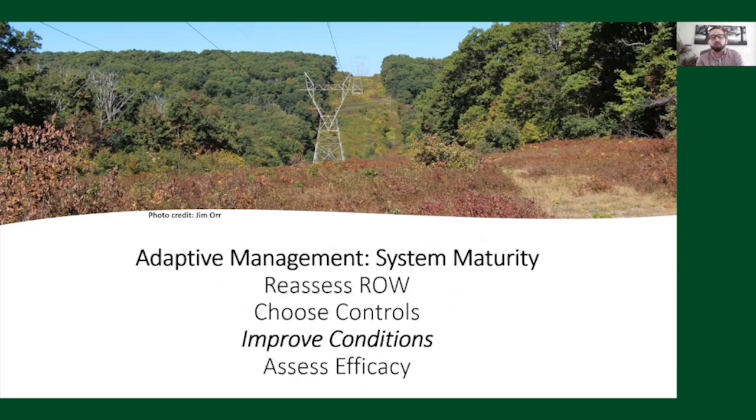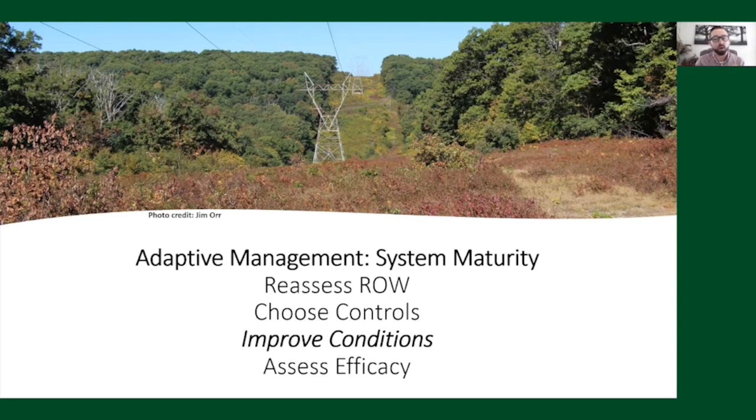So this is really a form of adaptive management. And as we move into system maturity, as we get better at controlling these plants and managing these lands and forming some sort of momentum for our management style, we get into this cycle where we start to focus less just on taking away the bad stuff and more on improving our conditions and making the good spots better, or expanding the areas of compatible vegetation so that we have more and more compatible vegetation growing on our rights of way. And we continue to establish our efficacy and make sure that we continue to